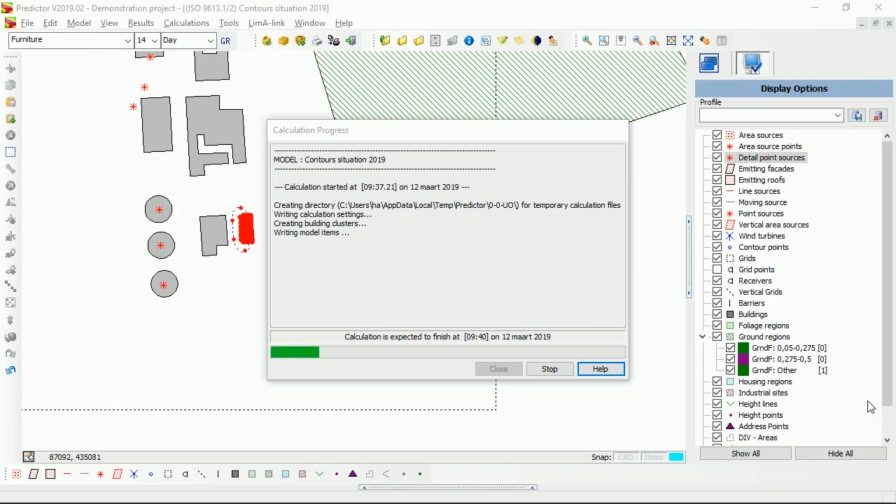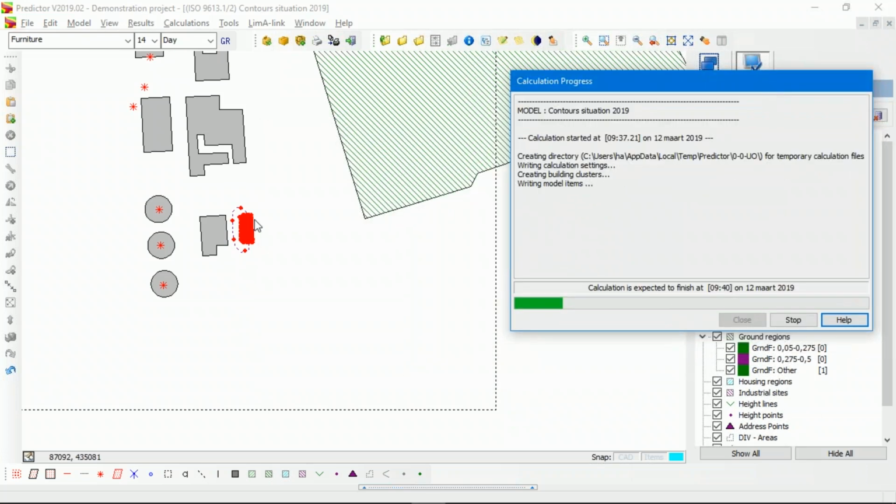How many point sources do I need? And make bad noise contours in west facade. Okay, there's a question on how many point sources